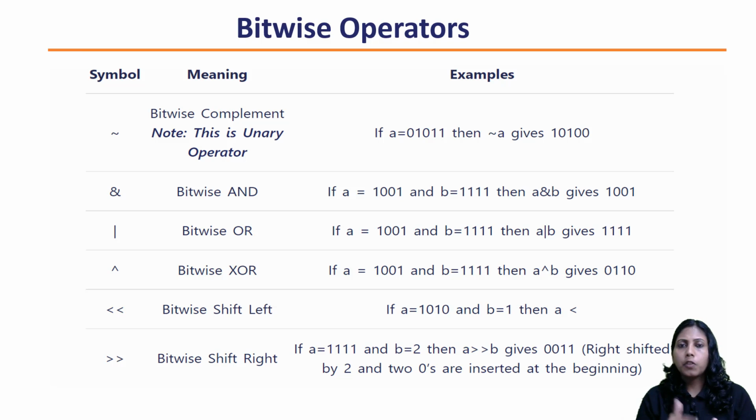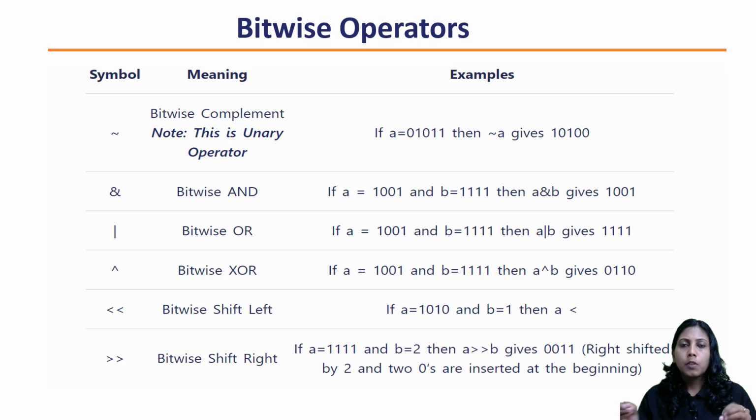In logical operators, you must have seen that if I am writing logical AND, I used the ampersand symbol twice. Similarly for OR operation, I was using the pipe symbol twice. And in a logical operation, it is basically comparing two conditions. If it is a variable, for example, I am having a variable